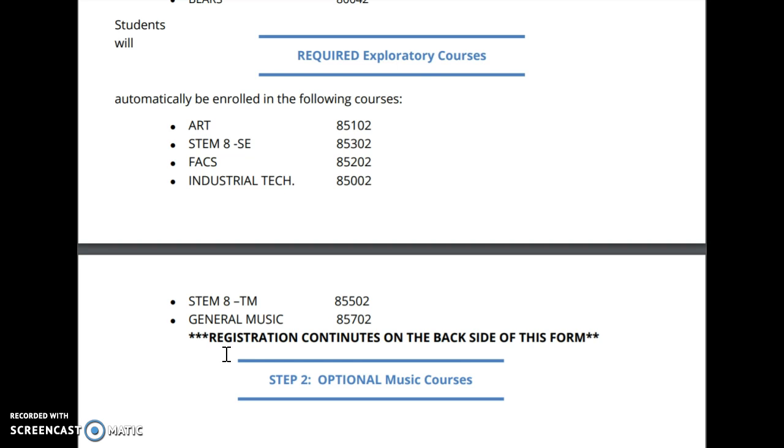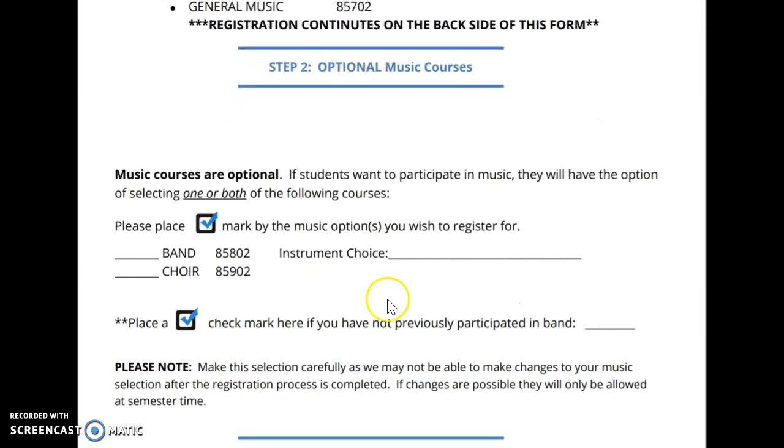Step 2. Optional music courses. Students will have the option of selecting one or both of the following courses, which are band or choir. Students may also elect not to take a music option. If they choose to take band, choir, or both, they're asked to place a check mark next to the appropriate